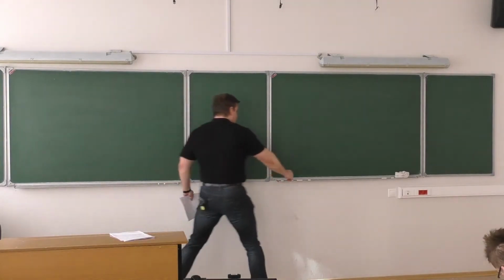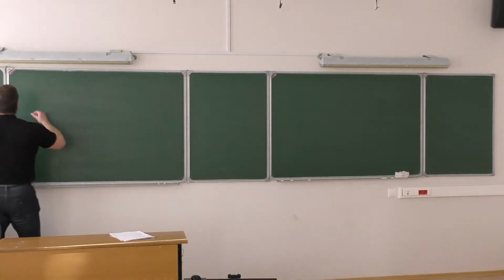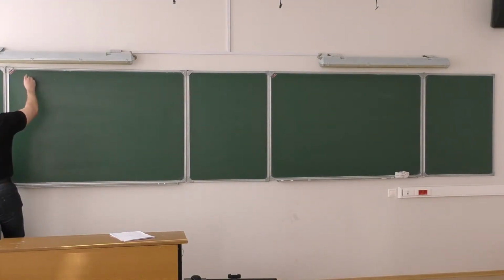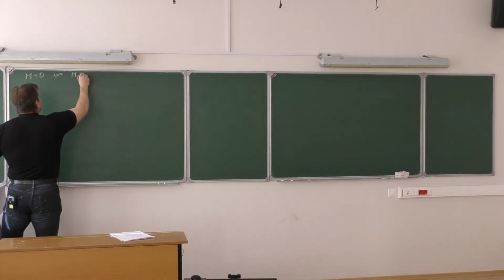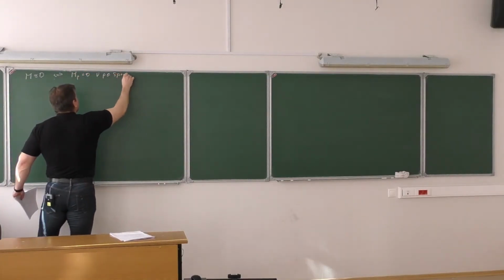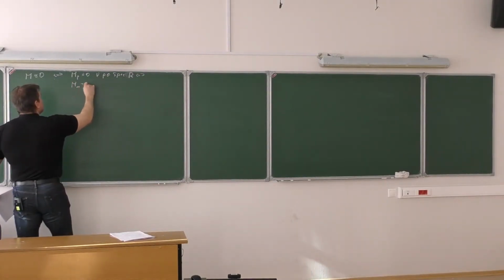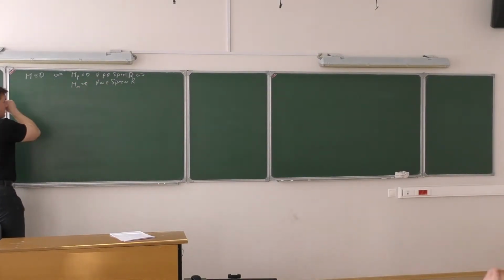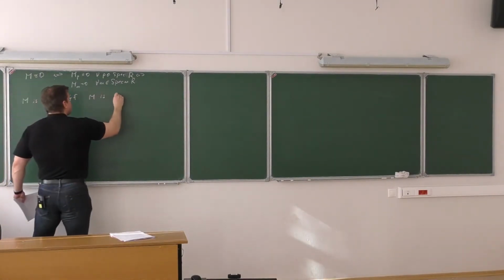So we continue and finish the discussion of local properties of modules. We proved the following statement last time: the module M is zero if and only if all localizations at prime ideals are zero. This is the same thing as all localizations at maximal ideals. So, in words, we can say that a module is zero if and only if it is zero locally.